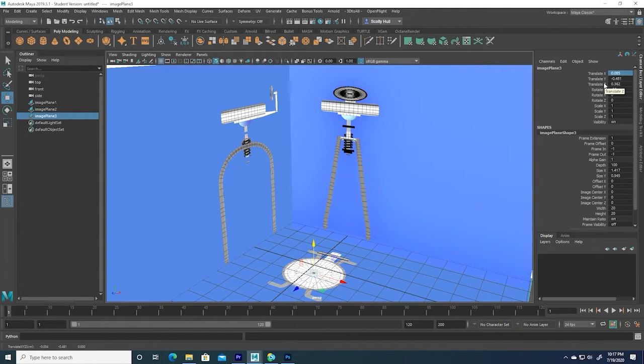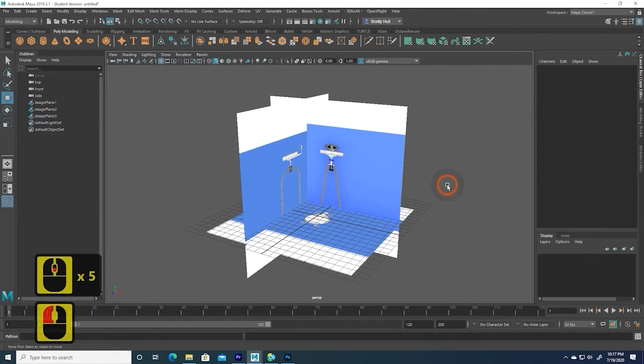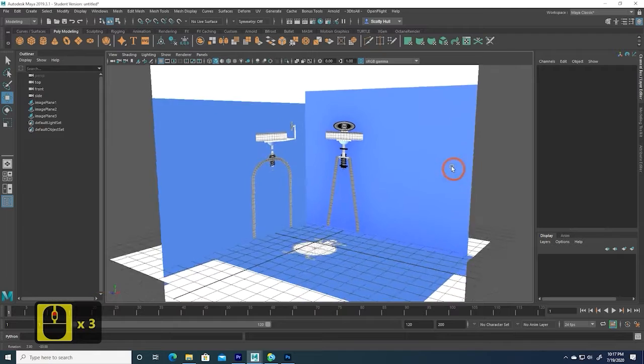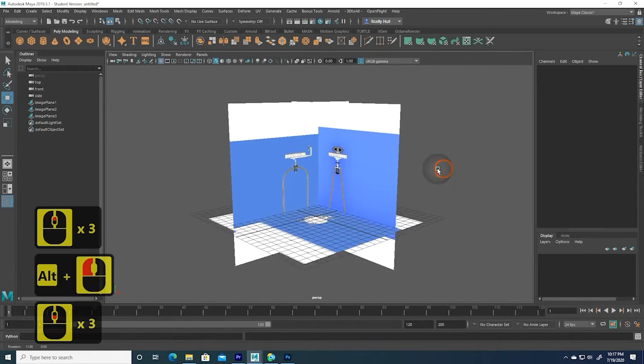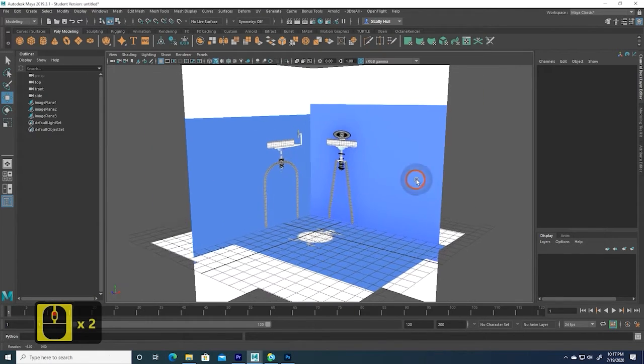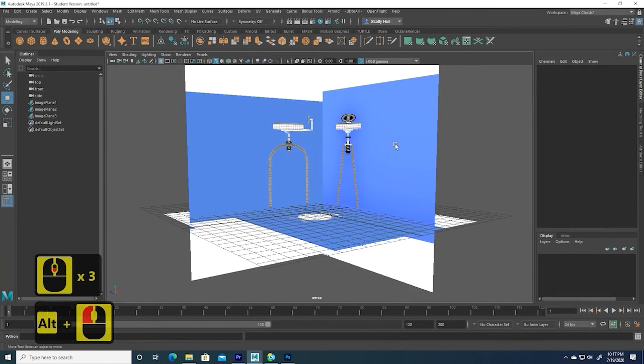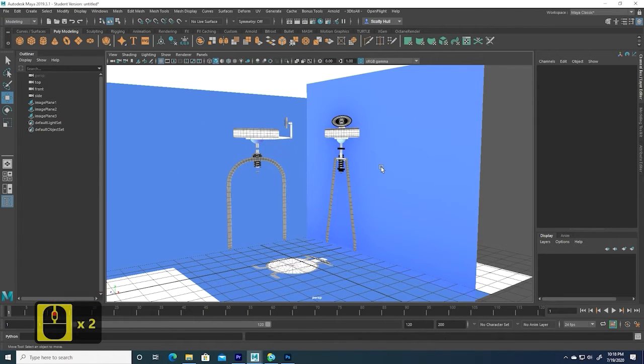And if we take a look at our y, it's set at about a negative 0.4. And that would be pretty good. And that does give us some room there to start to populate our stage with the primitives that we're going to use. Now, image planes can be a wonderful tool,